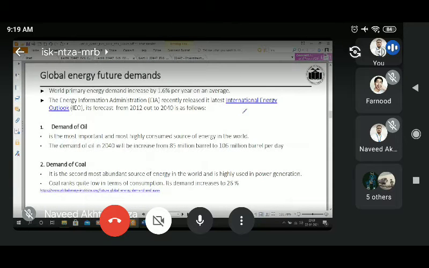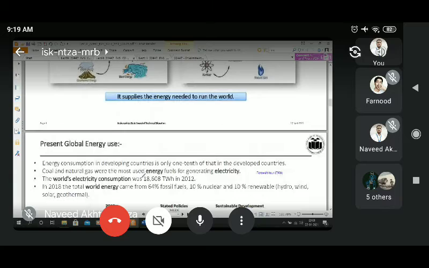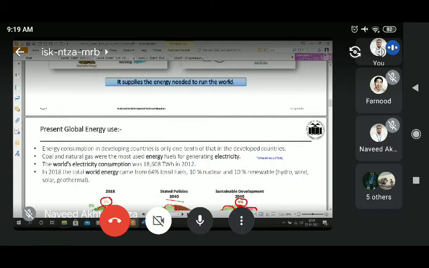The world primary energy demand increases by 1.6% per year. Now, as per the International Energy Agency, the world electricity consumption in 2012 is 18,608 terawatt hours, TWh, in 2012,